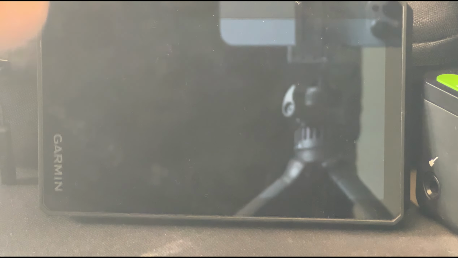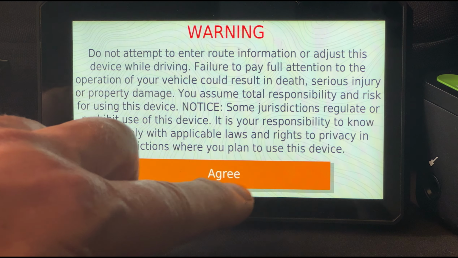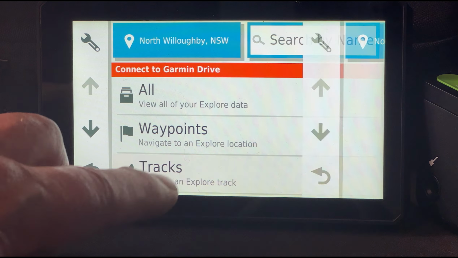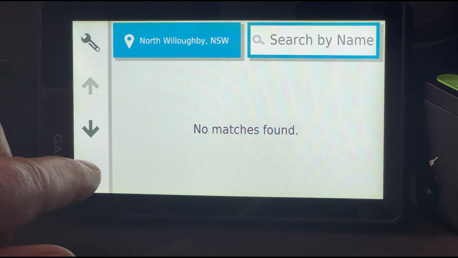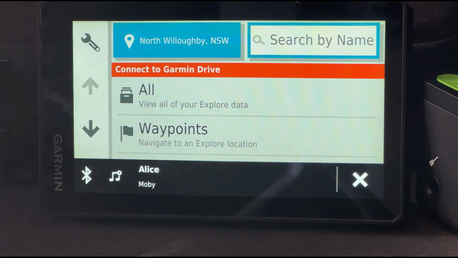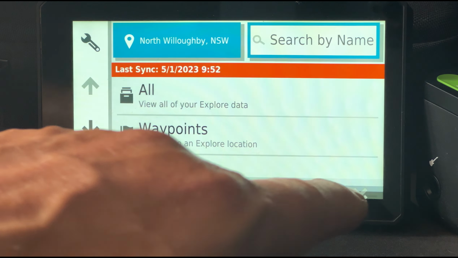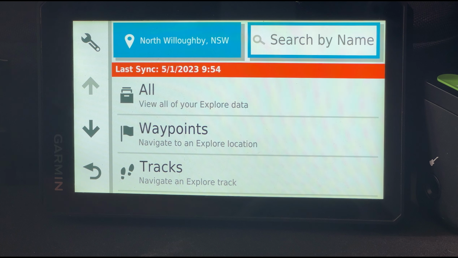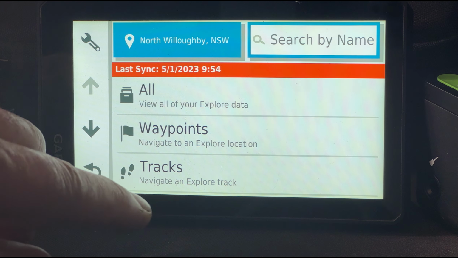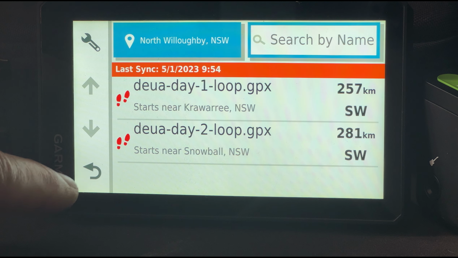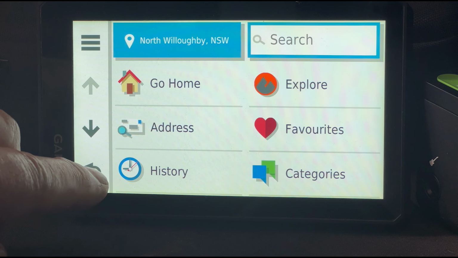Okay, so if I turn on my GPS, agree, and if I have a look right now in Explore, tracks, I've got nothing in there. But now you'll see in a moment when it connects to Garmin Drive. Okay, it's just connected and it's syncing. Okay, so now it's done its sync, and if I now go into tracks, there are the 2 tracks that I've copied across. And if I go to my map